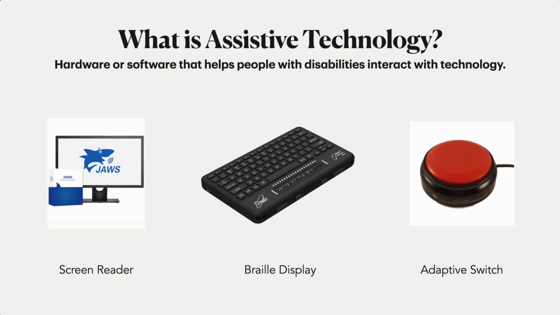Braille displays are another assistive technology. They're physical devices that connect to a computer and translate text on screen into braille that a user can feel with their fingertips. A third common assistive technology are switch devices, which are input devices used by people who have